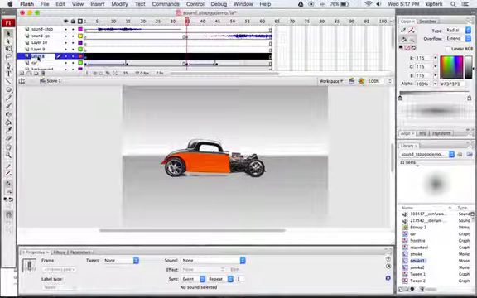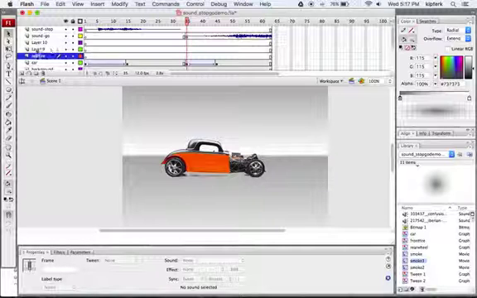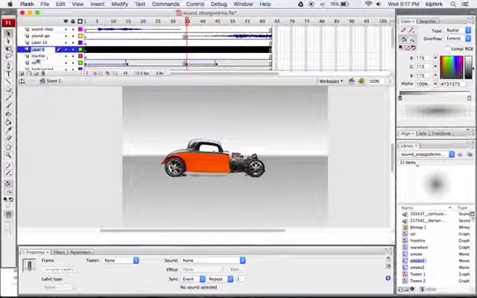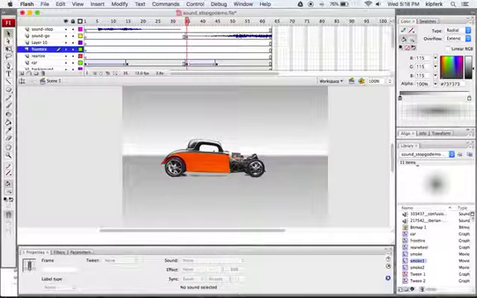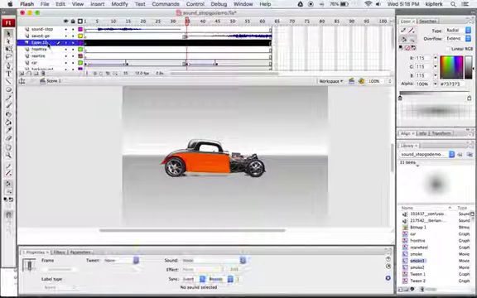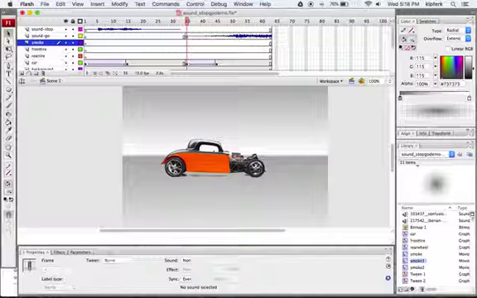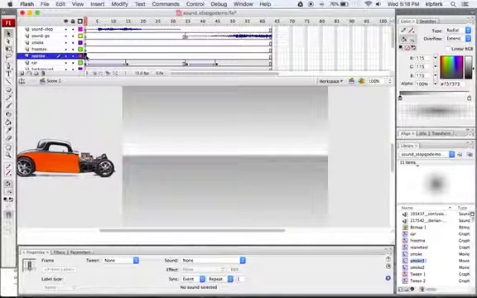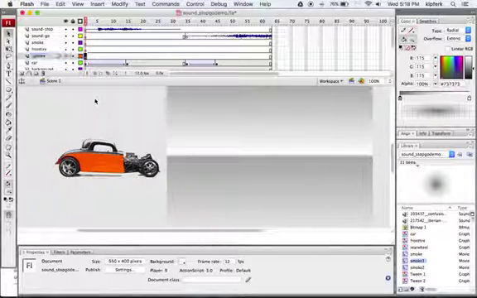exact. And what we're going to be doing today is actually making the tires rotate and add some smoke coming from the back of the car as it pulls out. So we're going to start by naming 2 of the layers, rear tire and front tire, and then the layer that we also just added, we'll call this one smoke. So 3 new layers, and so this first layer, what we're going to do is we are going to need